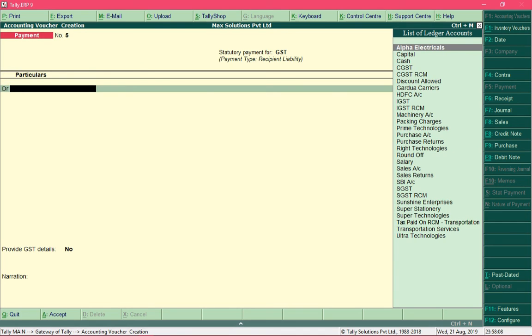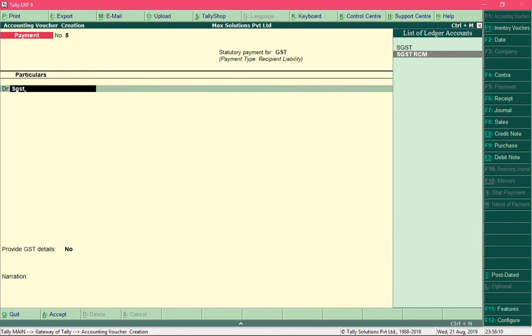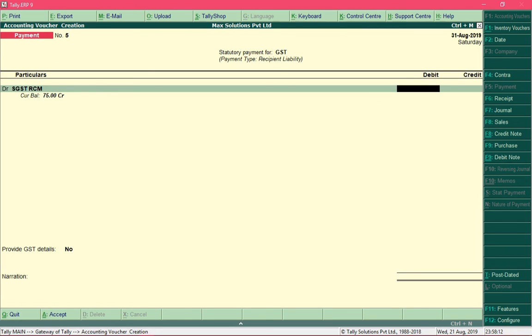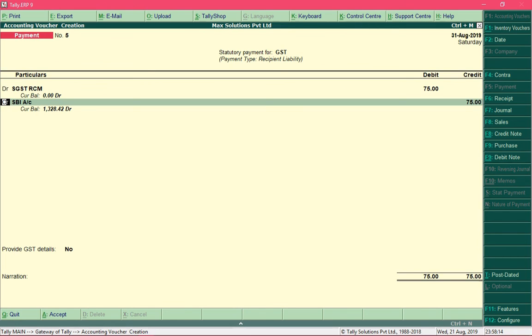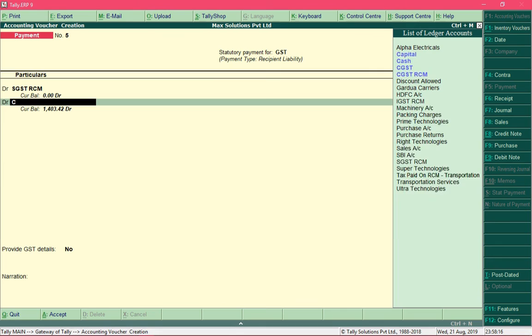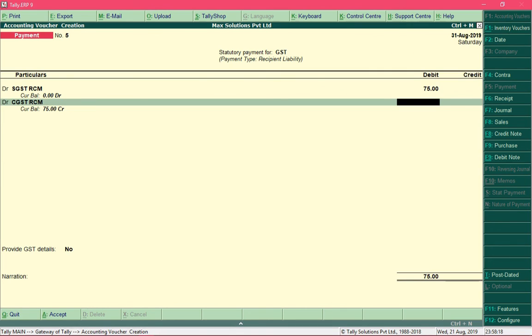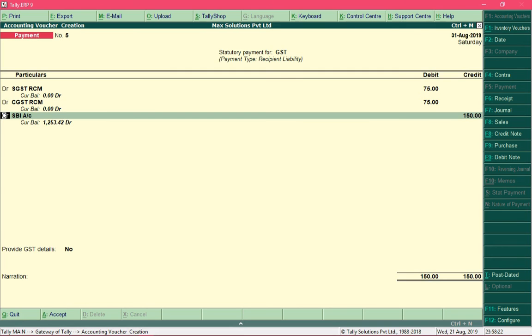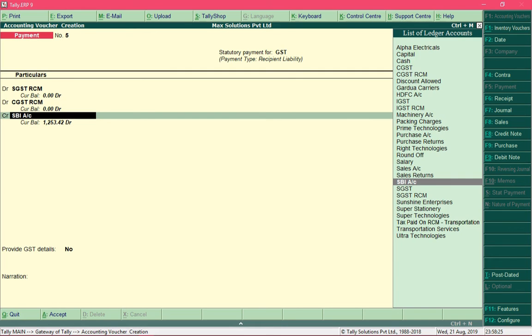And I will debit the SGST ledger for reverse charge mechanism for rupees 75, and I will also debit the CGST ledger for rupees 75 respectively, and I will credit my bank ledger. So why I am debiting SGST under RCM and CGST under RCM is because we know that debit decreases liability.